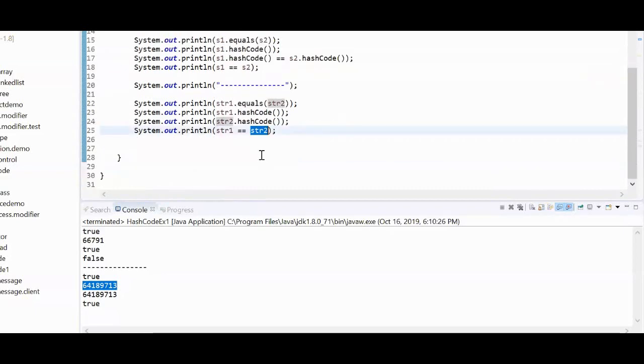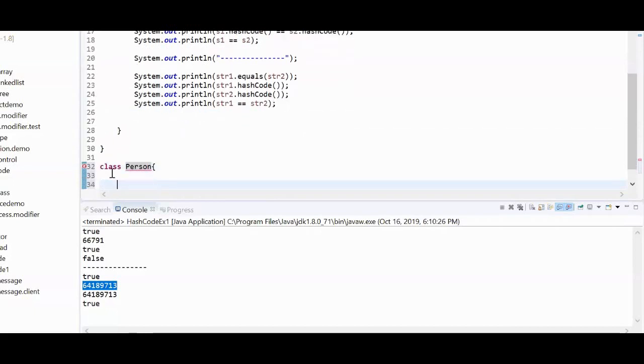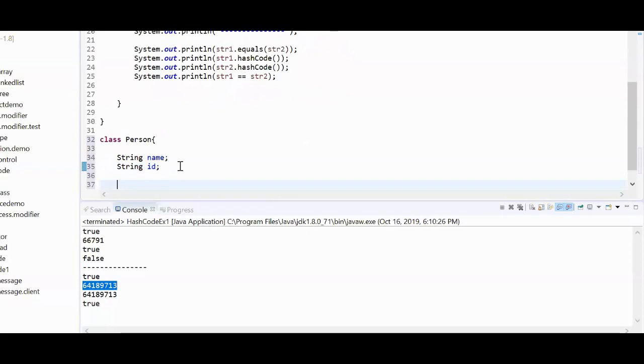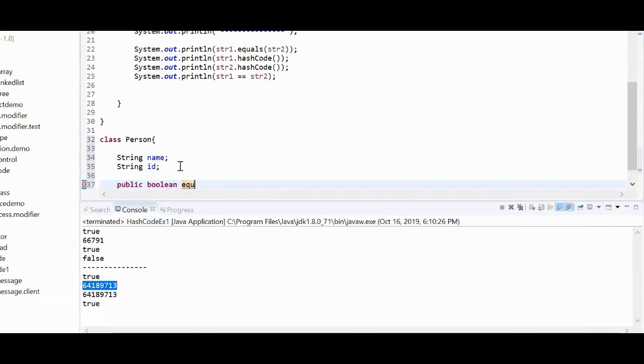Okay, then we also need to be familiar with the equals method. For example, if there is a class Person, and there will be two properties or two variables, String name and String id. Okay, then we should override. How do we override? Public boolean equals with the,